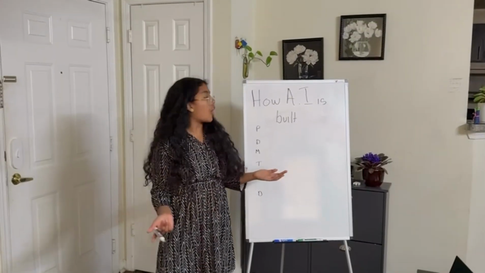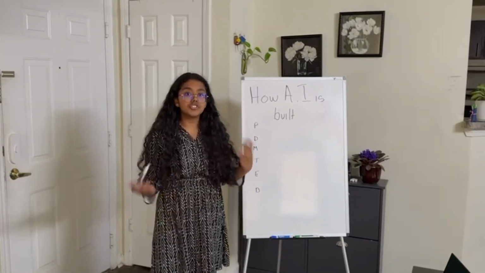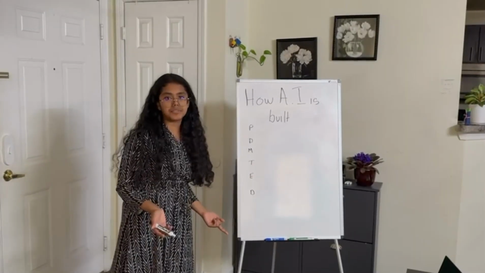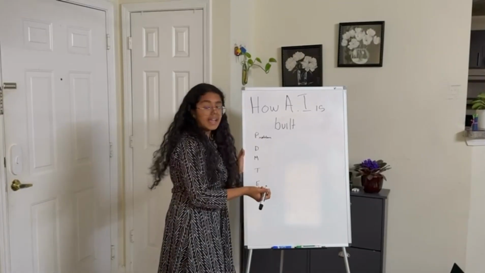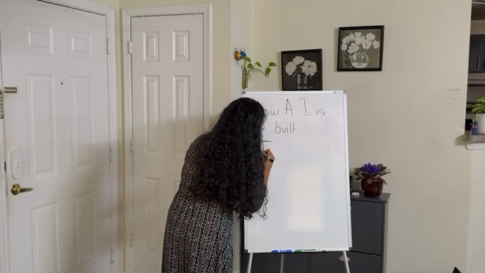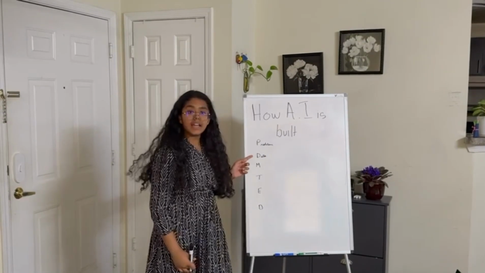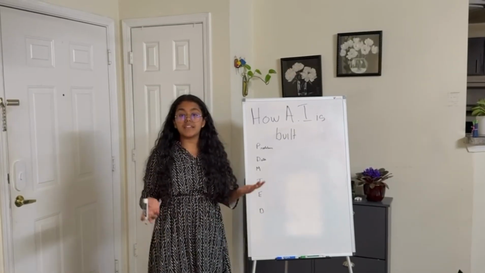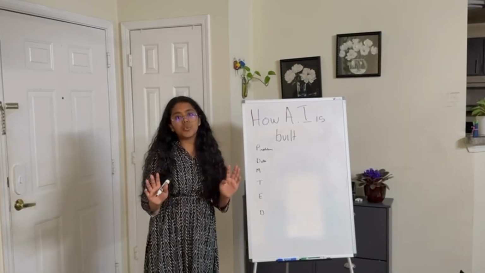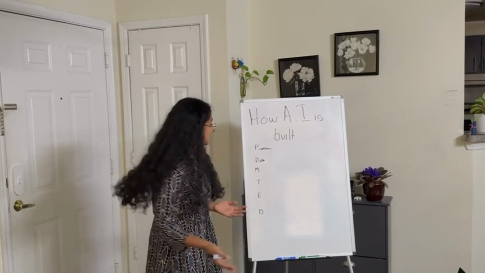Now, we're going to talk about how AI is built. So to do this, there are 6 key steps that we need to follow. First is identifying a problem that AI can solve. Next is collecting the data for this problem. Data in this day and age is extremely important. In fact, the person I interviewed even mentioned that data is king. Don't worry, you'll see the interview later on in the playlist.